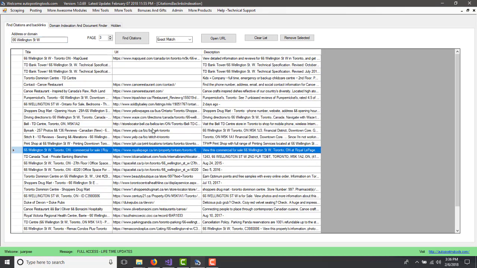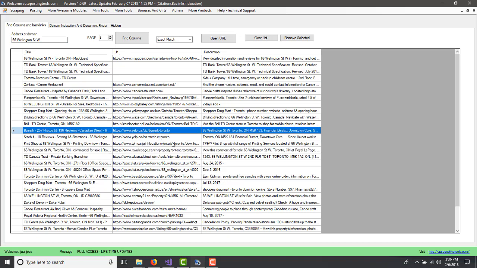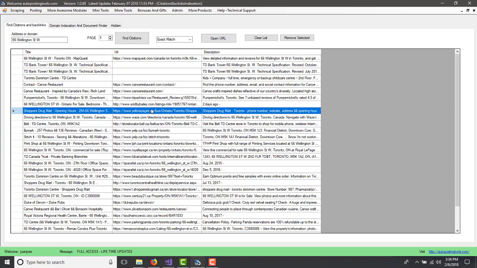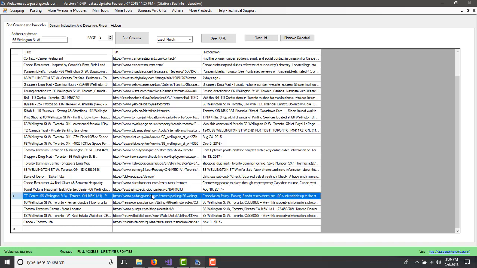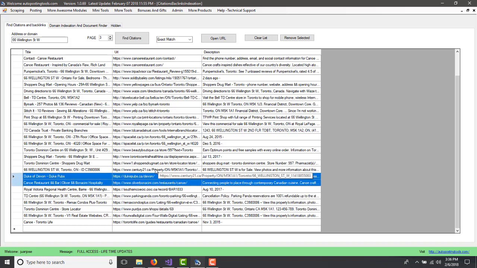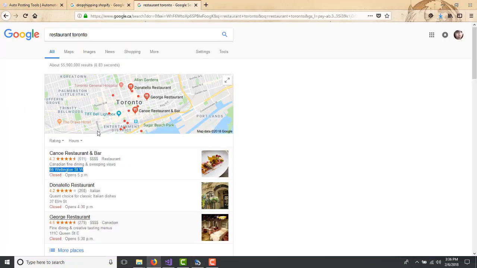So what you do is you can go to Job and create a site on Job. You can go to Yellow Pages, on businesses, and create that business there. You could just go through all these different sites and add your backlink for a restaurant in Toronto. And if you have more reviews and more citations, basically your listing is going to outrank the other people that are here.